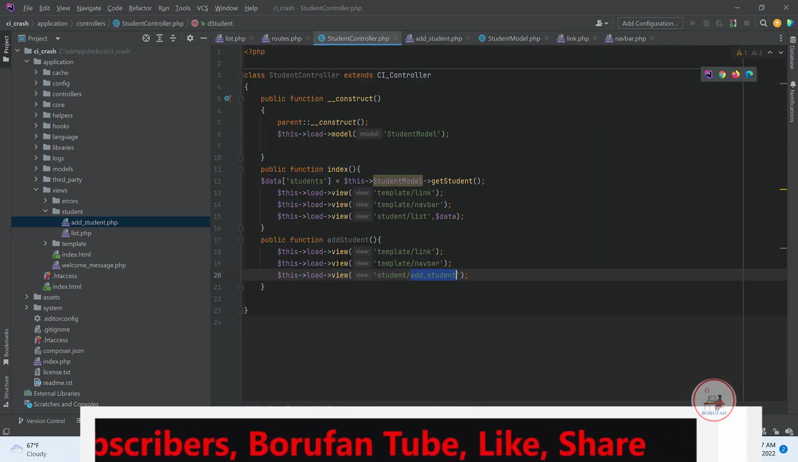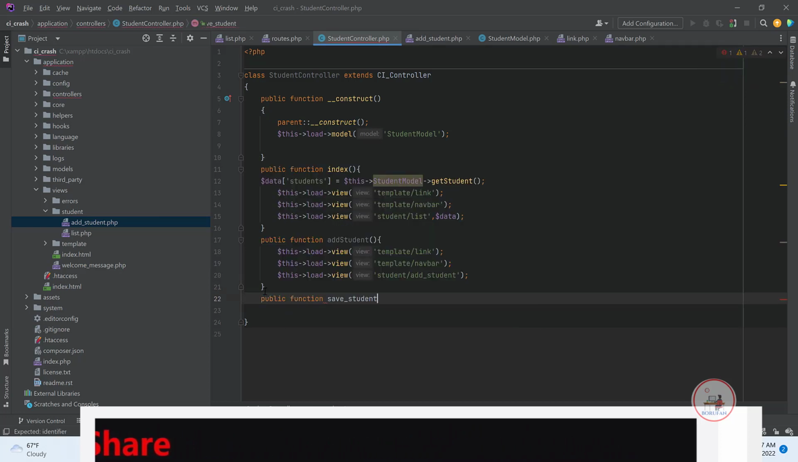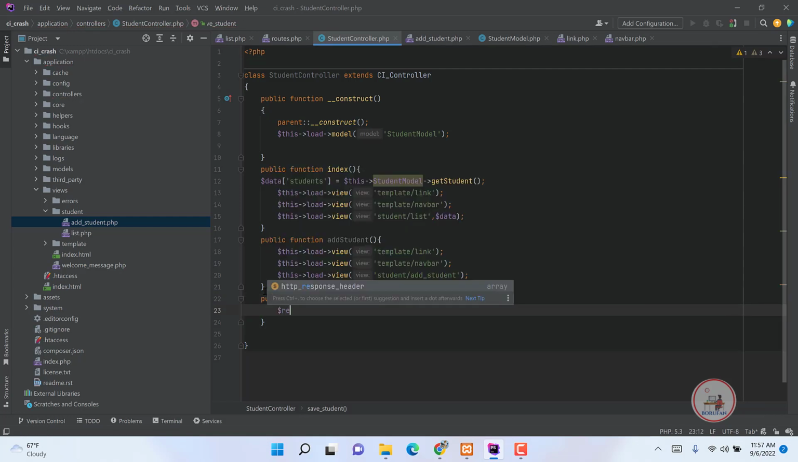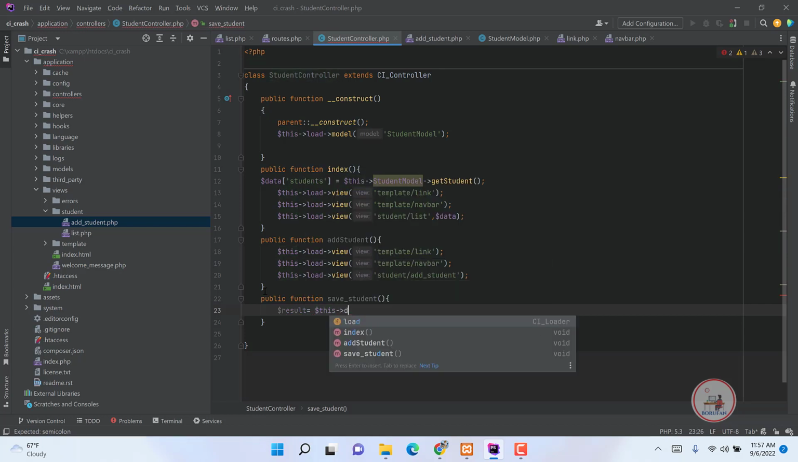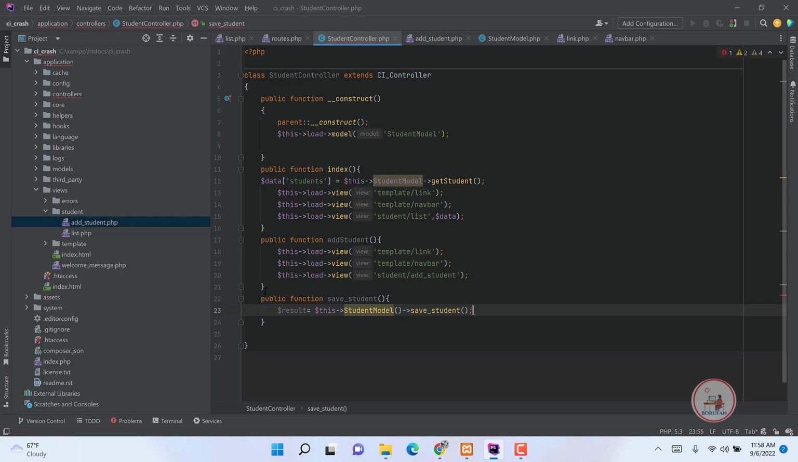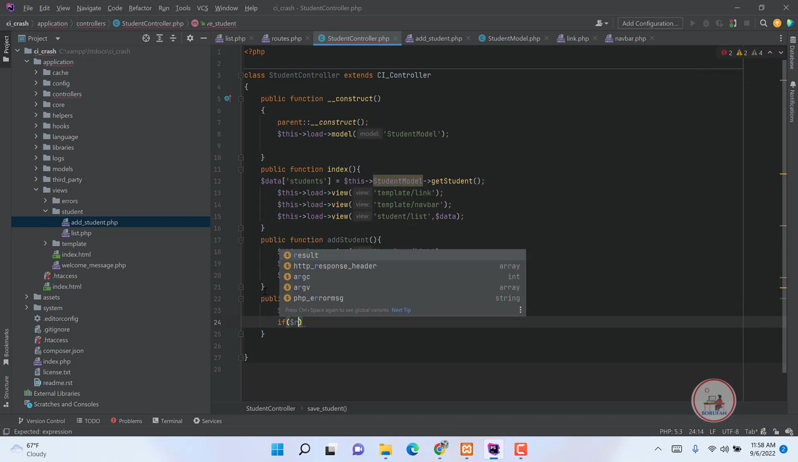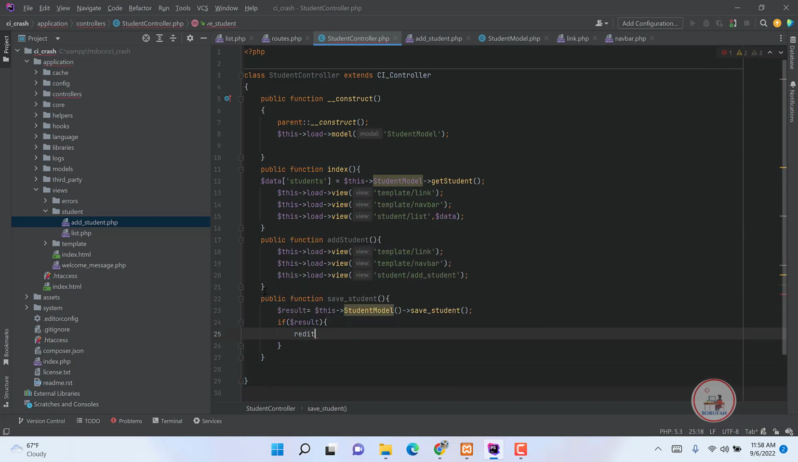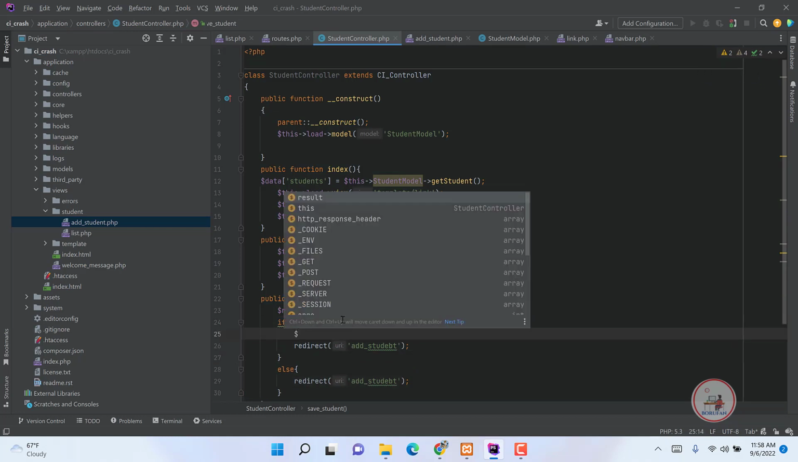copy this and come back on student controller public function, then result is equal to this db this student model save student semicolon if result redirect to add student, go to student semicolon else was redirected to this. For this, let's make session this